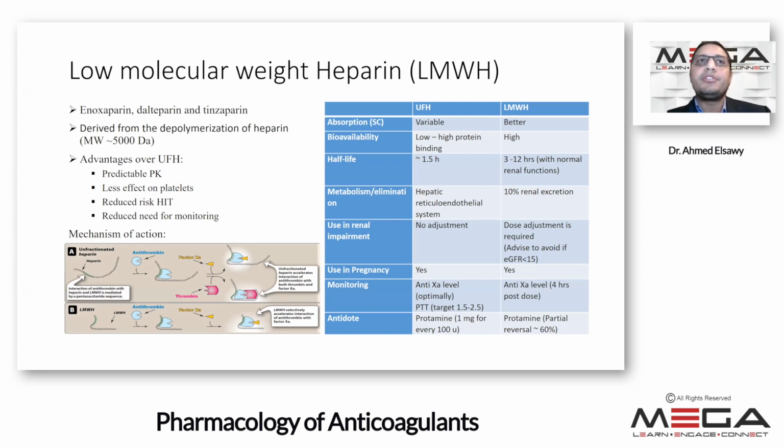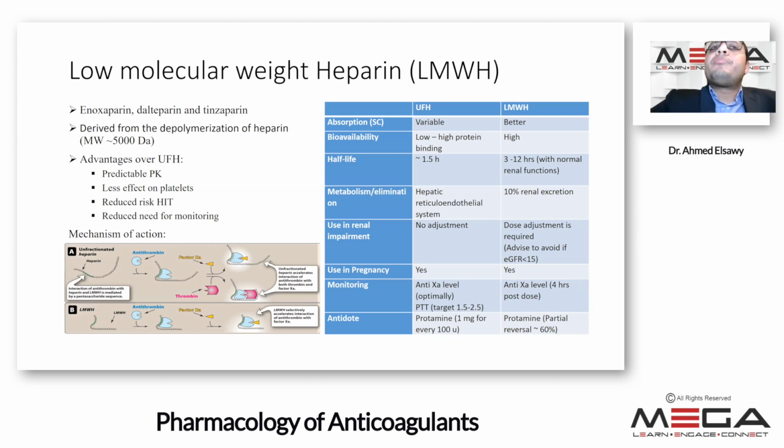Compared to unfractionated heparin, we are widely using low molecular weight heparin, such as enoxaparin, dalteparin, and tinzaparin. It is derived from heparin by depolymerization. Its average molecular weight is 5,000 Dalton. An advantage over unfractionated heparin is that with subcutaneous injection it is better absorbed,